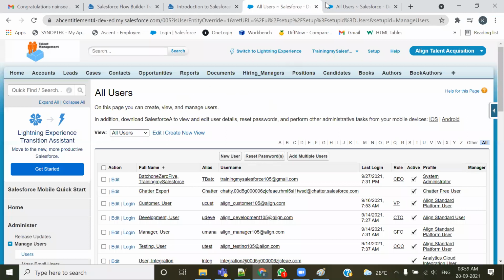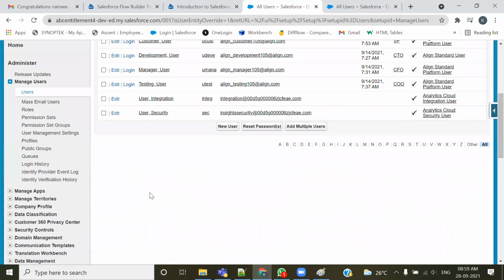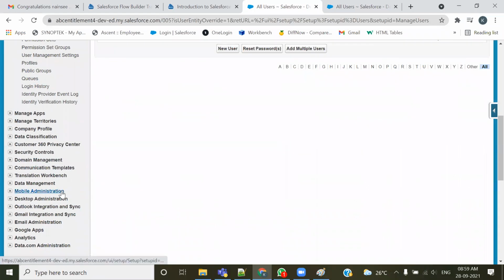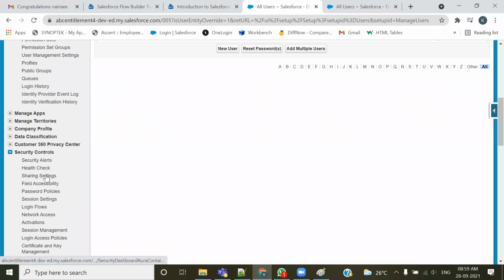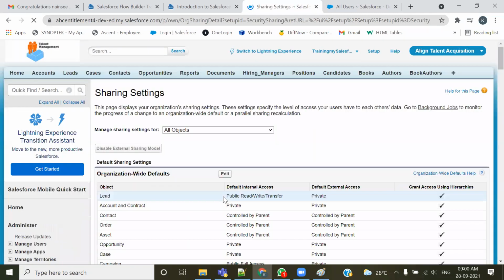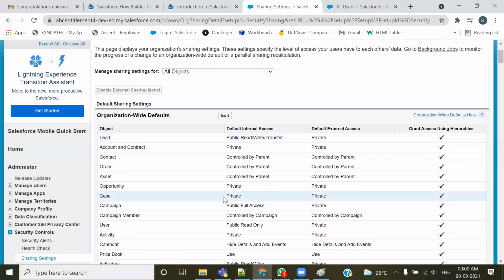आपने ऑब्जेक्ट में चेंजेस किए, क्या चेंजेस किए? आपने ऑब्जेक्ट की ओडब्ल्यूडी पे जाके चेंज किया, और ये चेंज थ्रूआउट सारे यूजर्स पे लागू हो रहा है, क्योंकि यूजर ऑर्गेनाइजेशन के अंदर हैं। इसीलिए इस सेटिंग को कहते हैं ऑर्गेनाइजेशन वाइड डिफॉल्ट्स, अक्रॉस द ऑर्गेनाइजेशन चेंजेस। आपने अकाउंट ऑब्जेक्ट को प्राइवेट किया।